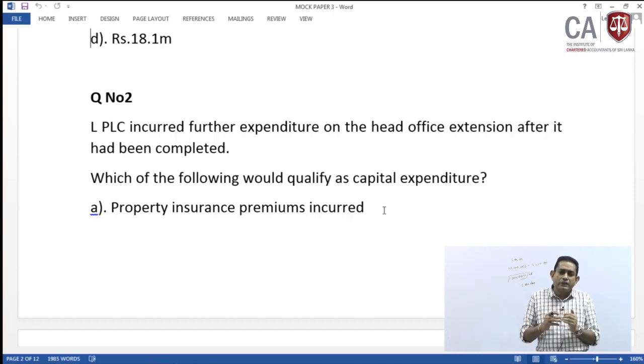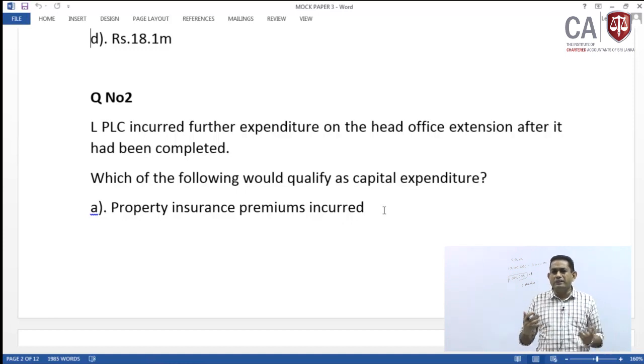So, this is a cost that contributes to generate extra economic benefits in excess of what was estimated to generate at the beginning, and this cost is added to the cost of the asset, not just as an expenditure to the profit and loss. It is not just a maintenance expenditure. So you need to see whether it is a cost that will just contribute to maintain the same level of economic benefits, or whether it is a cost that will contribute to generate economic benefits in excess of what were estimated to generate at the beginning.